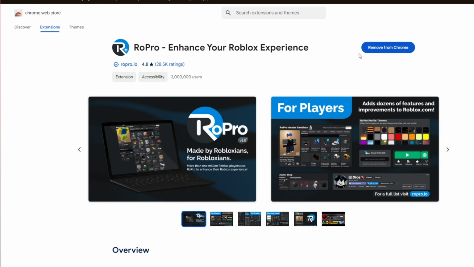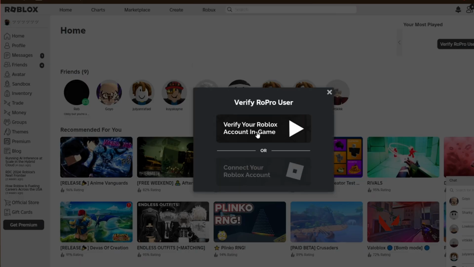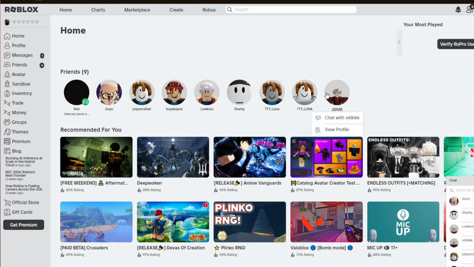Right after installing RoPro to your website or to your browser, you can just head back to roblox.com, and from here you want to click on verify RoPro user. Click on the first option right here. Now this experience will go ahead and open up on your Roblox client. Basically all you have to do is to verify RoPro, and right after we can now go ahead and open